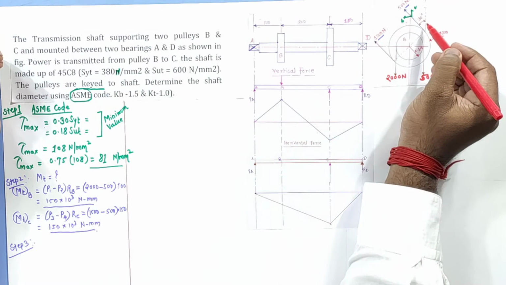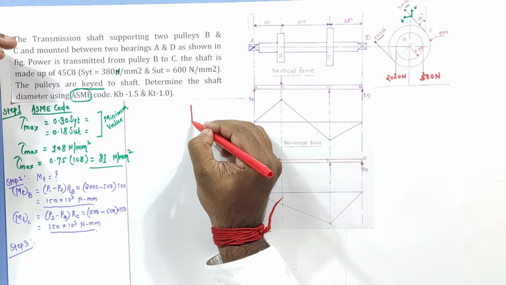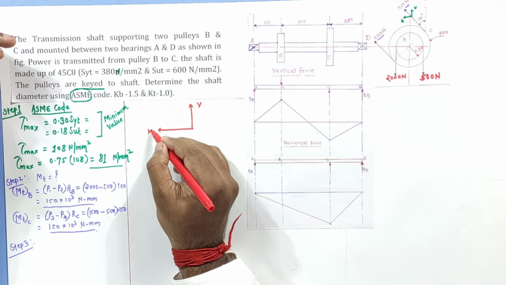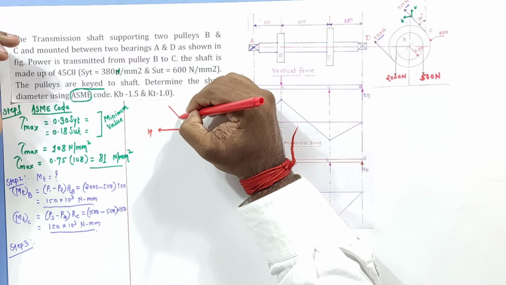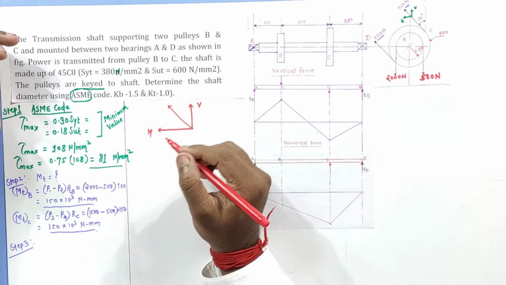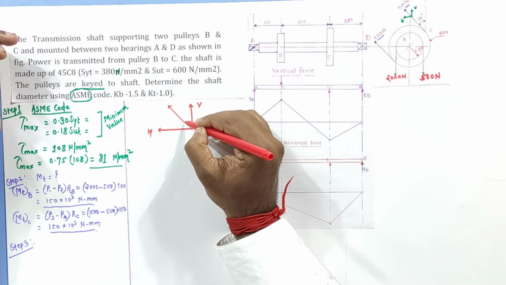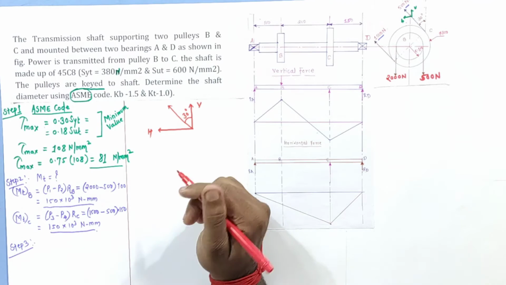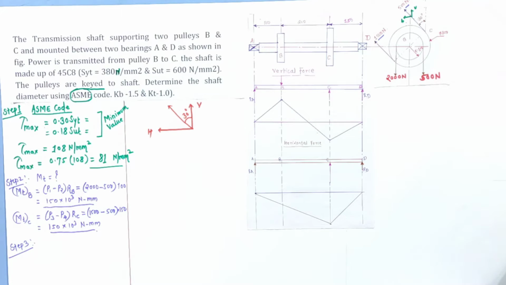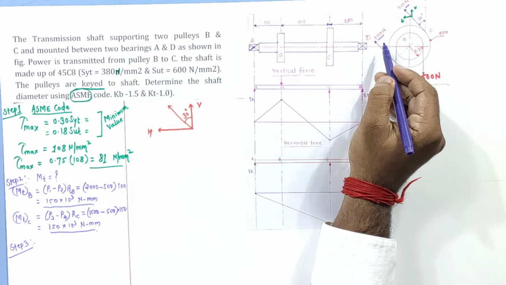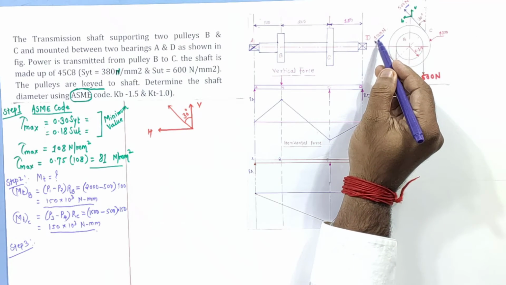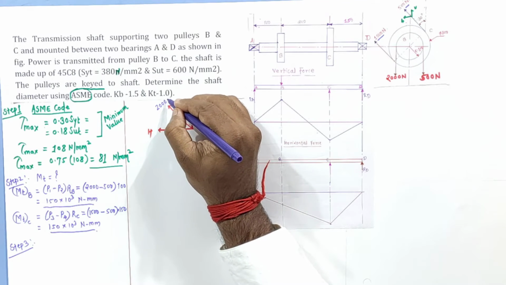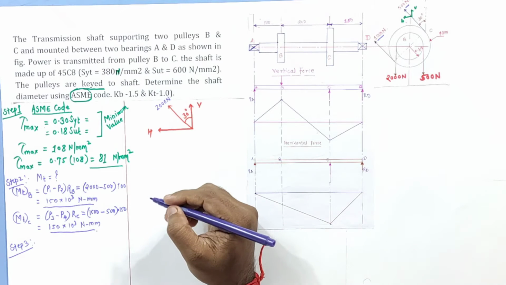So see, I will have to draw the same diagram here. This is vertical, this is horizontal, and they have mentioned this will act as a resultant, which is having an angle of 30 degrees, correct, 30 degrees. Now I can say, the total force acting on the bigger pulley is 1500 plus 500, that is 2000 Newton. So this will be the resultant.